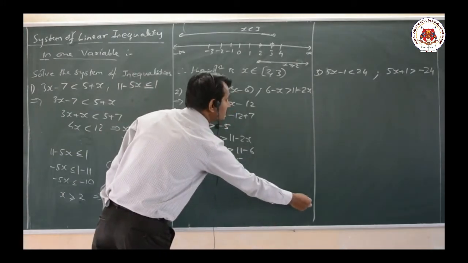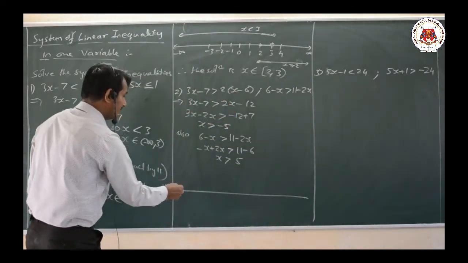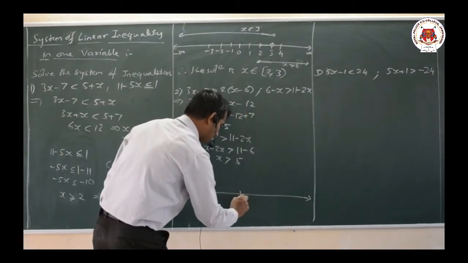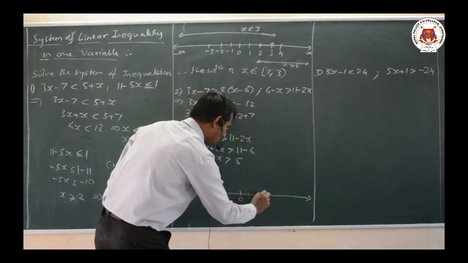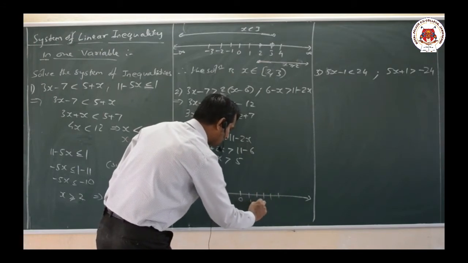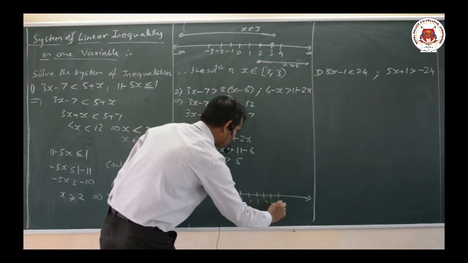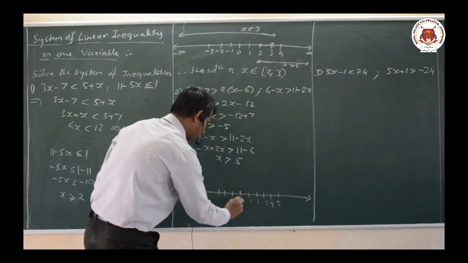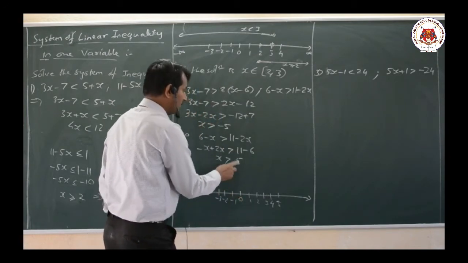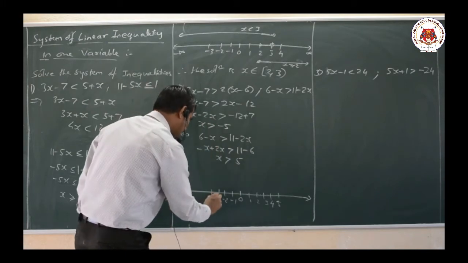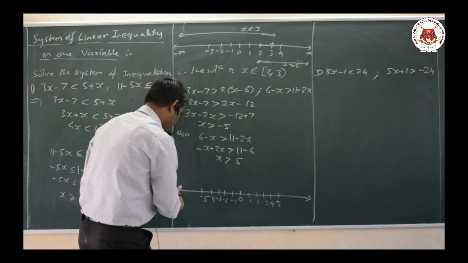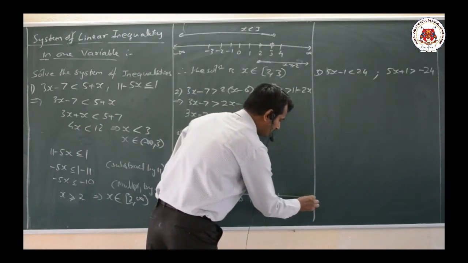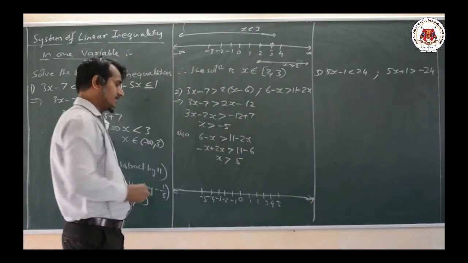Now dear students, I will draw the number line here, very very simple problem. That is our number line, this is x equal to 0, 0, 1, 2, 3, 4, 5. Similarly you can take minus 1, minus 2, minus 3, minus 4 and minus 5. Here the required points are plus 5 and minus 5. Okay, it is plus infinity and minus infinity.